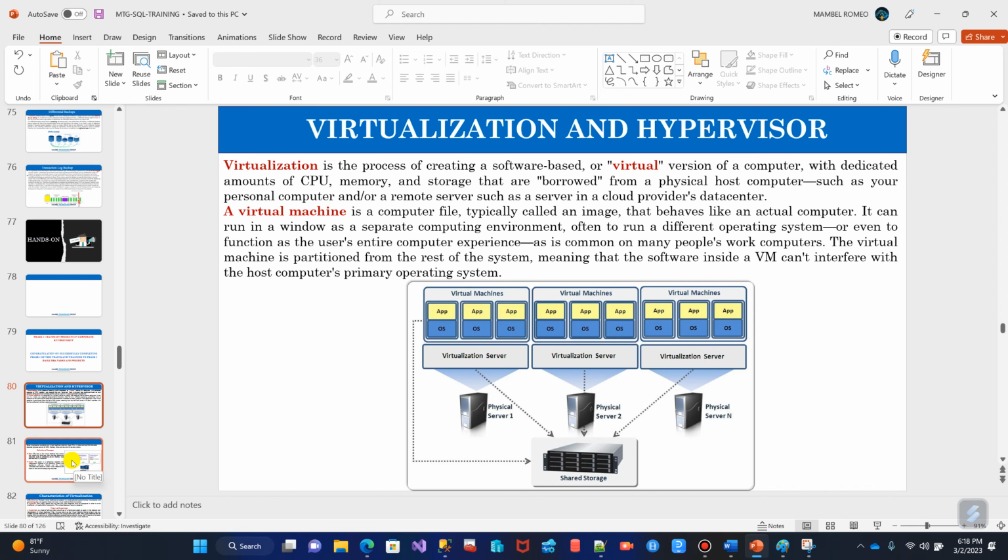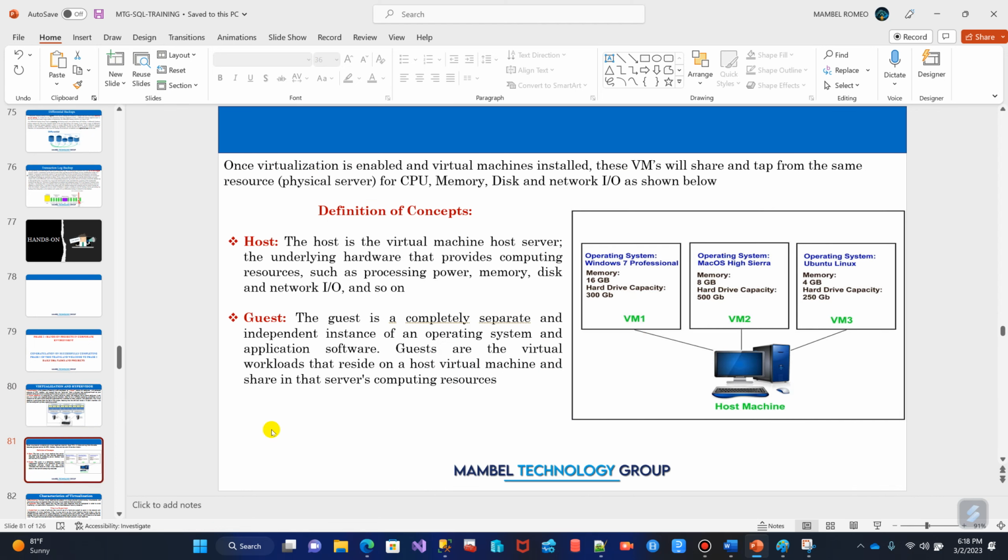And let's go and try to understand the different terminologies when it comes to virtual machines. So here you have a host. A host is that physical computer on which you build your virtual machines. For example, you can see on this diagram right here, this computer down here is the host. It has disks, it has RAM, that is memory, it has CPU and everything. And on this host, you can spin up one, two, three virtual machines,